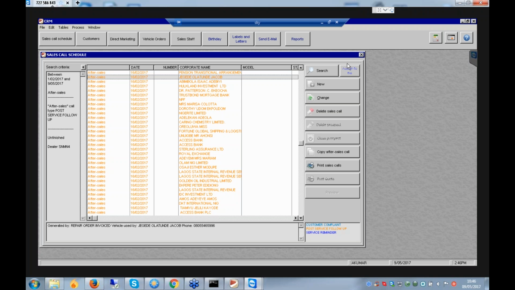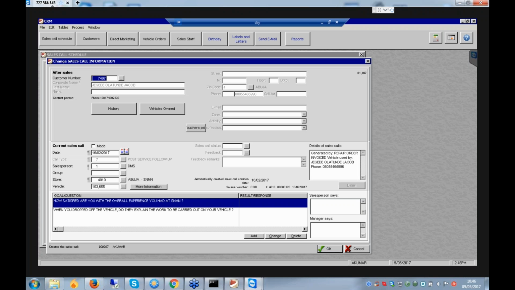Double click on this one because that button is still not working. You will see the detail of the customer. You can see the customer name, date, and this is the information. This is the repair order, invoiced vehicle by this service advisor, and this is the phone number of the customer.